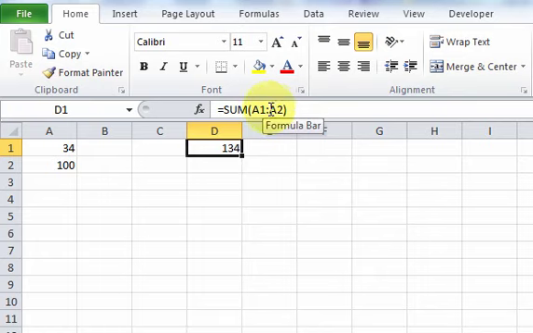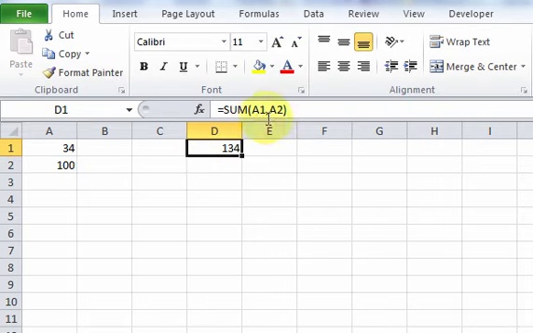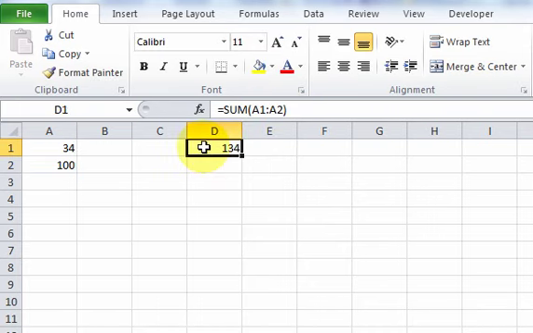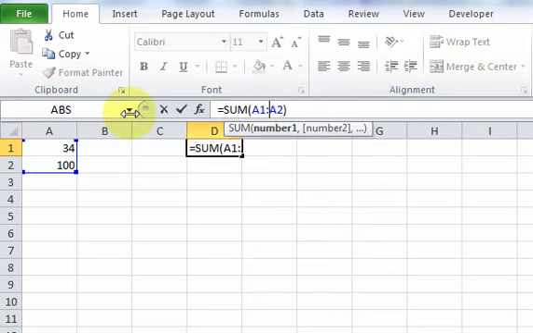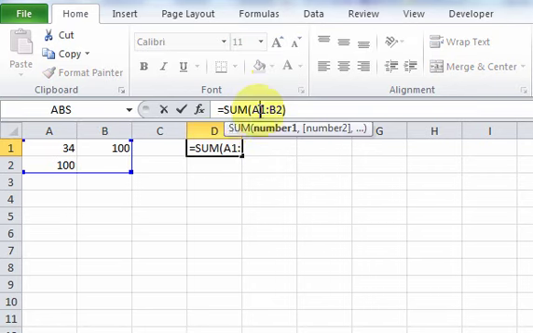We just saw that we could put commas in between, like this, A1 comma A2. It works like that. Or when we do A1 colon A2, it does the same thing. It's easier to do the colon because you can just drag it. You don't need to write anything. Like if I wanted to drag this over here, now I have a bigger range, A1 to B2, and if I hit enter and I put something in here, now this sum formula is summing over this range. Okay,